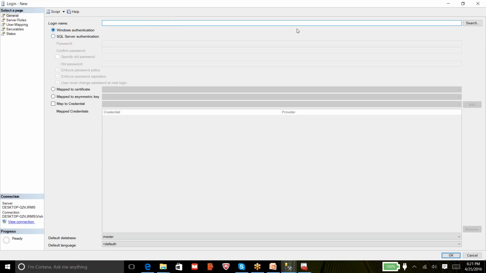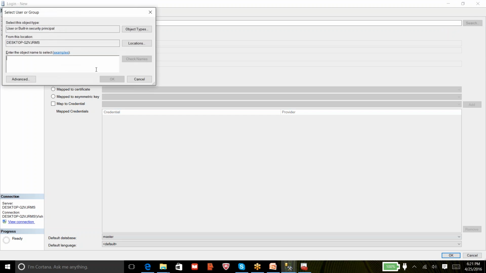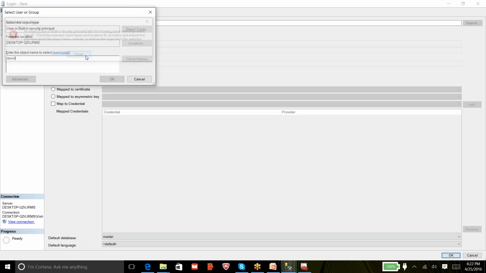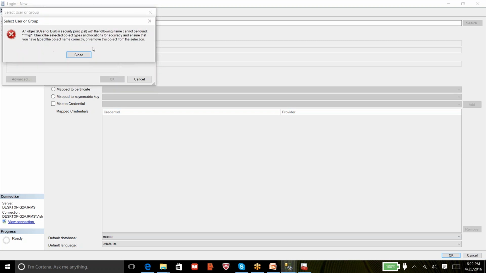and instead of SQL authentication, as I'm part of your organization, I should have an AD account. Then you would click on search, type my name here and do a check names. If I'm part of an AD group, it will automatically search in the Active Directory and pick up the name. But I don't have David on my machine, so I have a user with RMVP. When I do a check names,